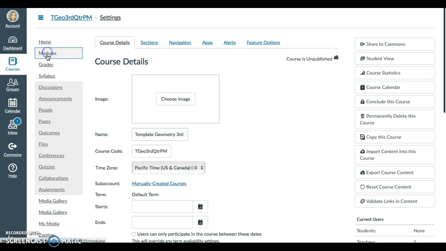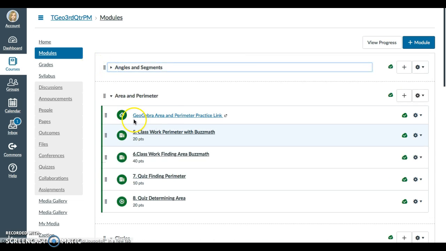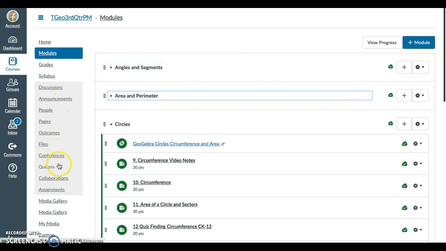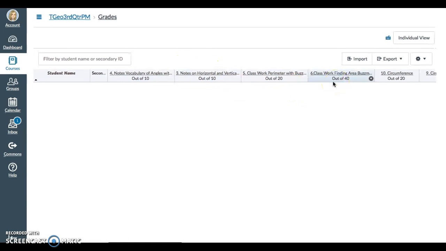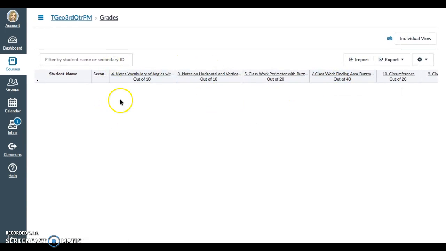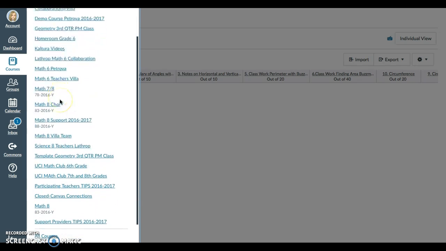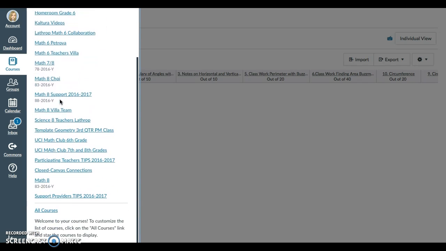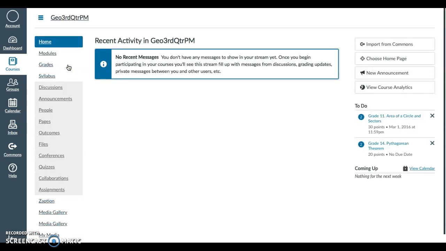So everything, all my modules will be there. But if I go to grades, I should not see any students. It's just waiting for all the assignments and the things that I created, but there's no students. Now that I created that, I'm gonna go back to the courses, and I will find it quickly. I want to go to the one that has the students,